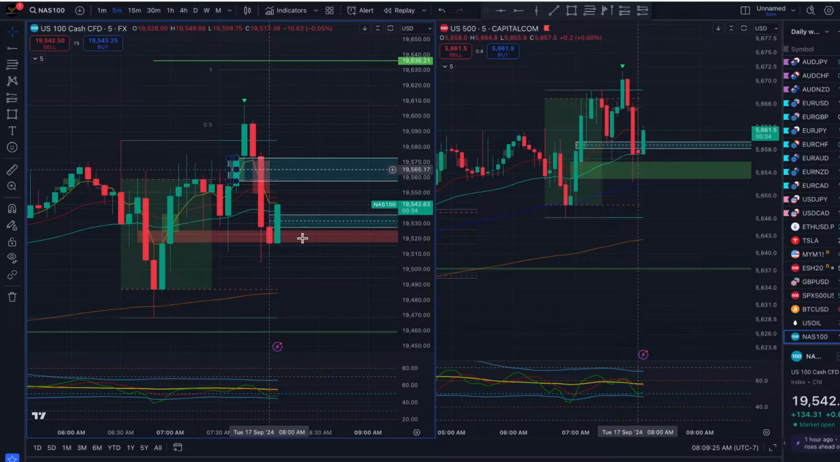34 seconds left at the 50. So we have 1 rejection, 2 rejection, 3 rejection. This would be an entry point with stops, tight stops, right below here. So if you're following along with us in a demo account, and only a demo account,